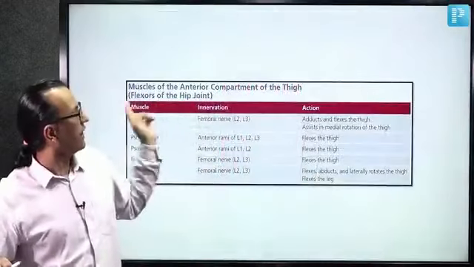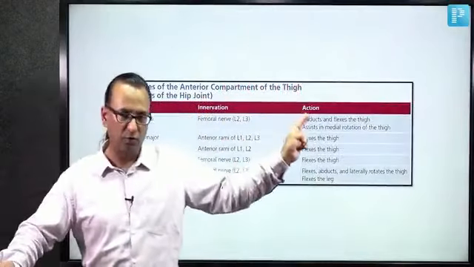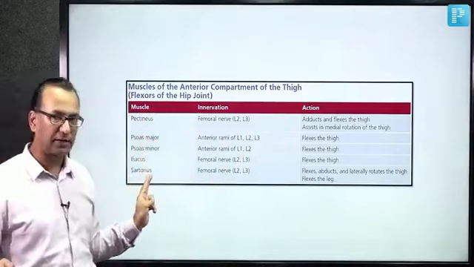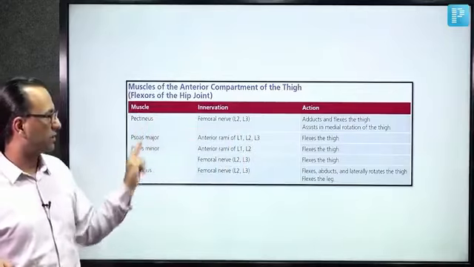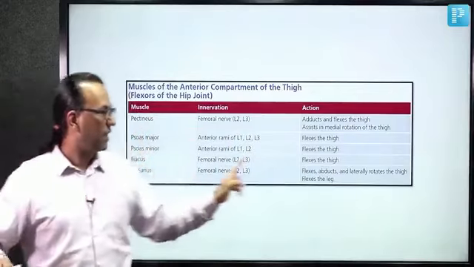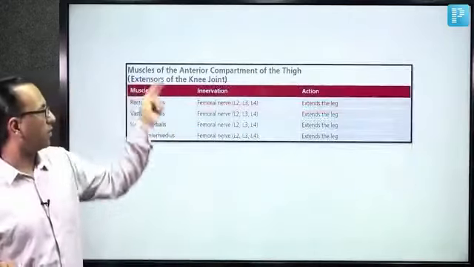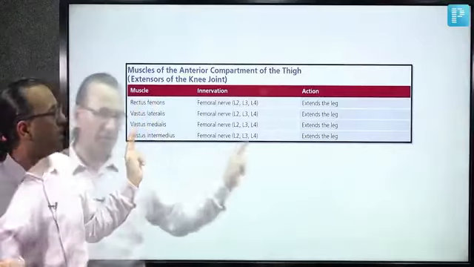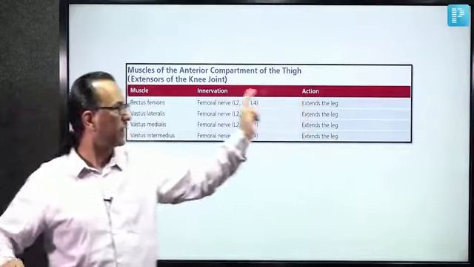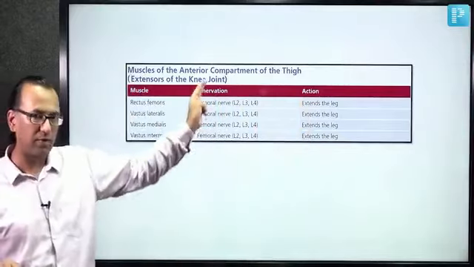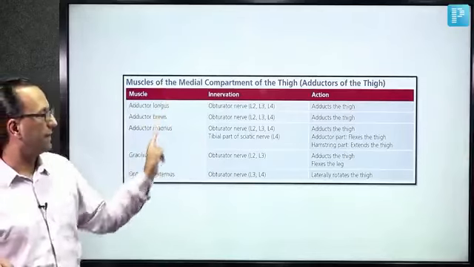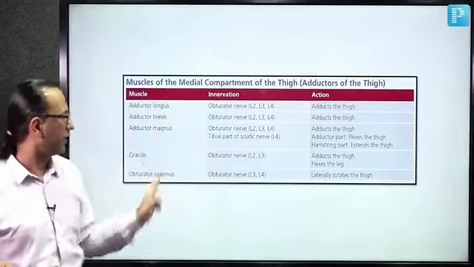As you see, muscles of the anterior thigh compartment, I told you there are two groups. One is pectineus, working with the sartorius and rectus femoris for iliopsoas, the chief muscle of hip flexion. Whereas as you talk about the quadriceps femoris, there is one rectus and three vasti. They are pulling the tibia anterior for knee extension, all supplied by the femoral nerve, root value L2, 3, 4. And when it comes to the medial thigh, we have mostly adductors, but then we can also have